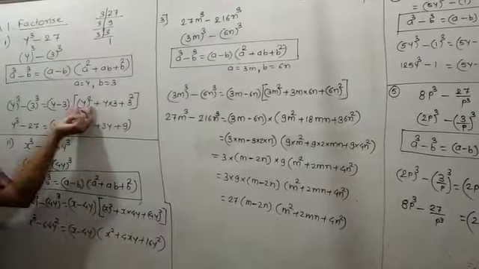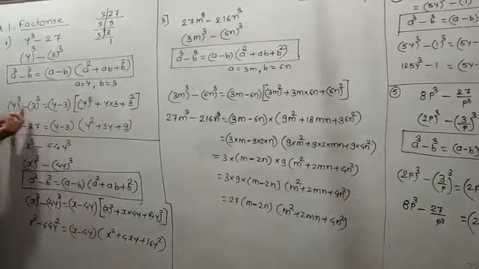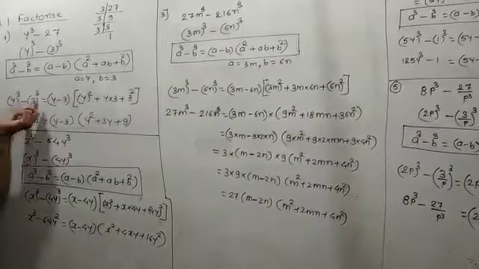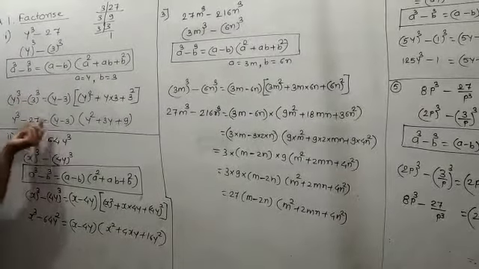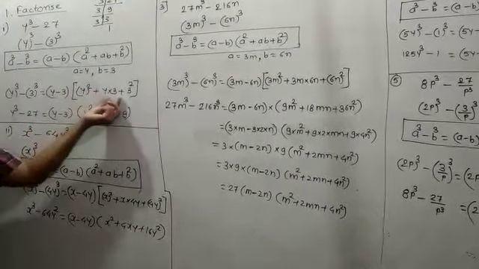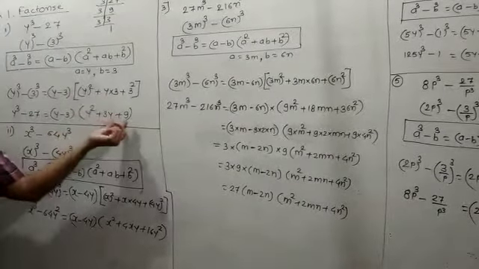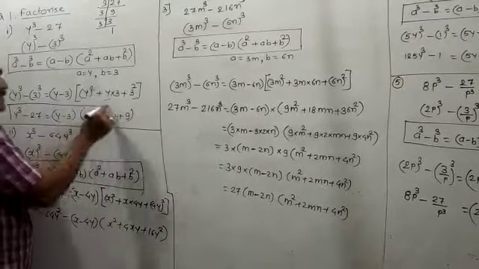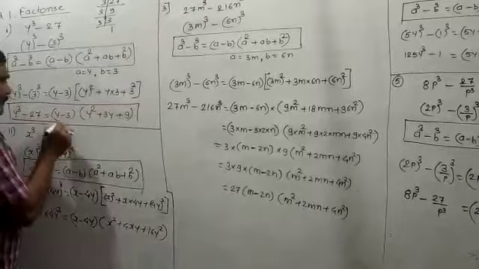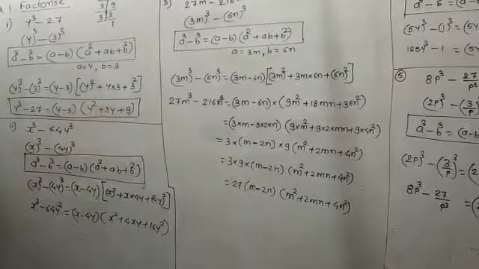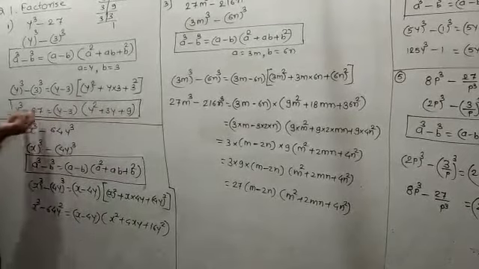Then you have to do the square, y square as it is, cube of y is y cube and cube of 3 is 27. Y minus 3 as it is you have to write, square of y is y square, 3 multiplied by y is equal to 3y plus 9. From that we will get y cube minus 27 is equal to y minus 3 in one bracket, in another bracket y square plus 3y plus 9. These are the factors of this.